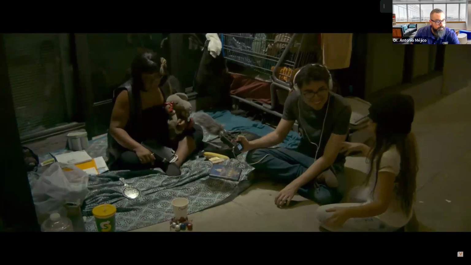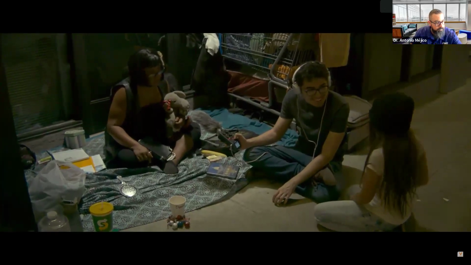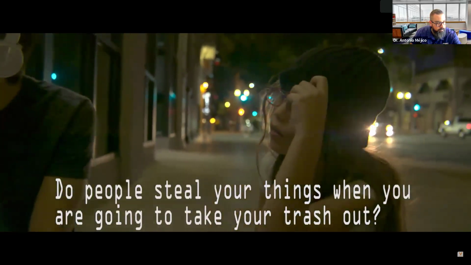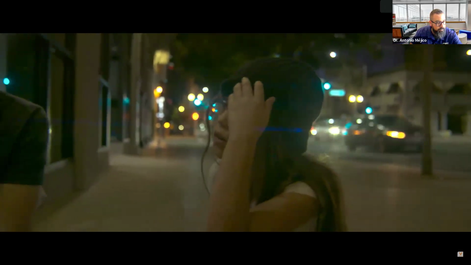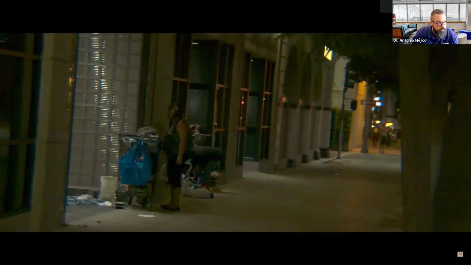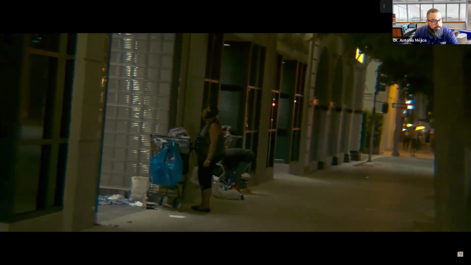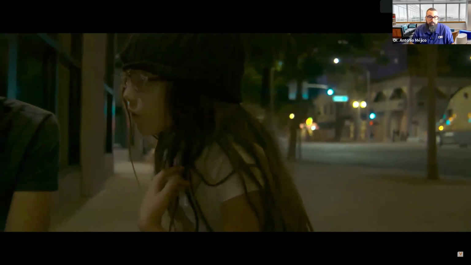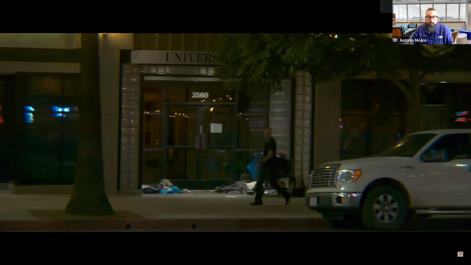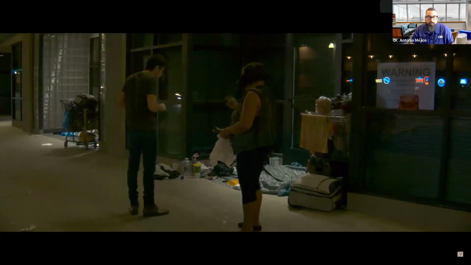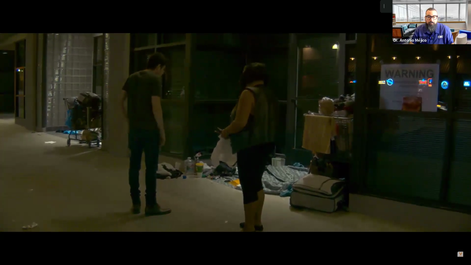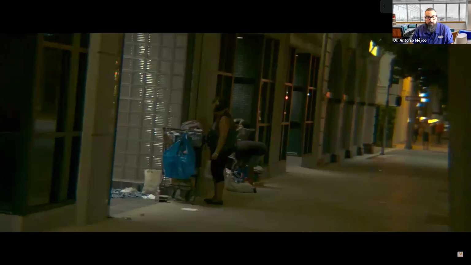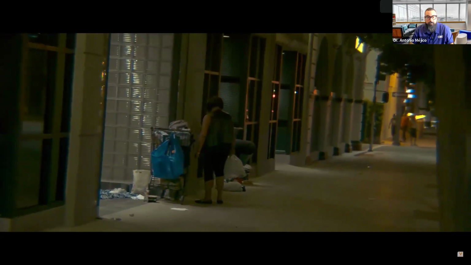My little sister who accompanied me also decided to ask a question. Steal your things when you're going to take the trash out? No, it's usually when I fall asleep. Yeah, so you learn how to put all your valuables in one spot, usually under the pillow, or like my purse. And a lot of times I have to disguise my stuff to look like trash, so they think that I don't have valuables in there. The valuables are where the trash is, you see what I'm saying? And I even had gopher traps in my shopping cart at one point.